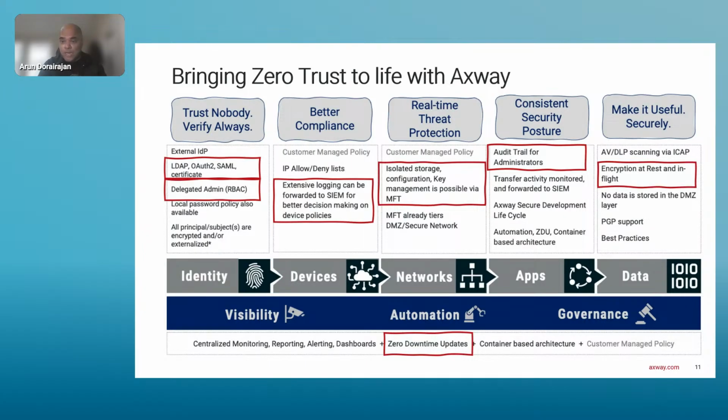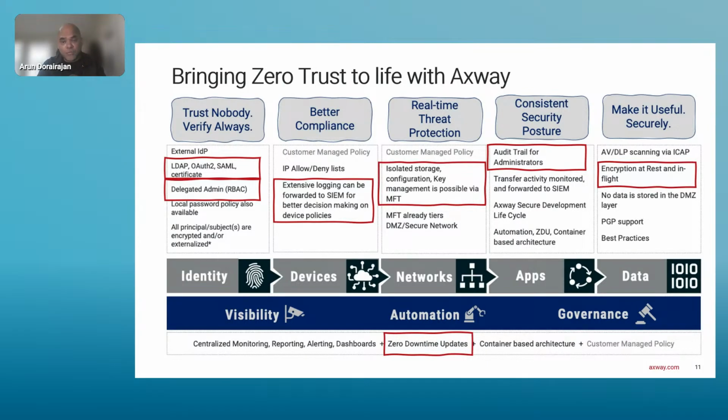From OAuth token validation to rate limiting on APIs to file encryption and policy-based routing, it's all built in. And the best part here, you can run it all on Axway's managed cloud. That means we handle the infrastructure, the scaling, the patching, the compliance, and you get to focus on your business while still enforcing zero trust.